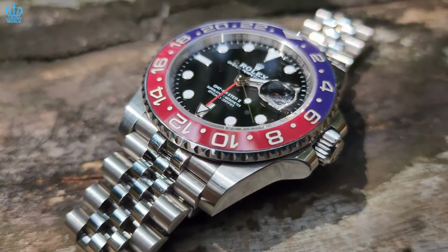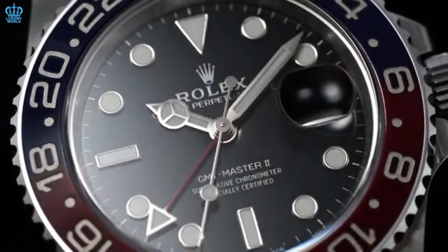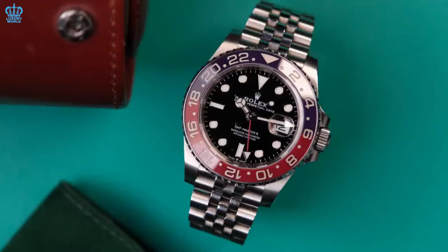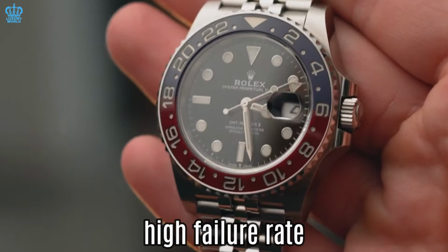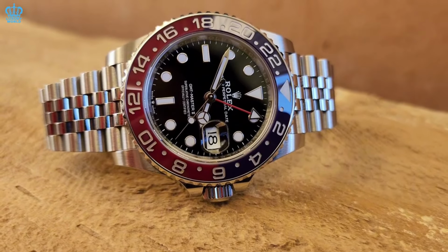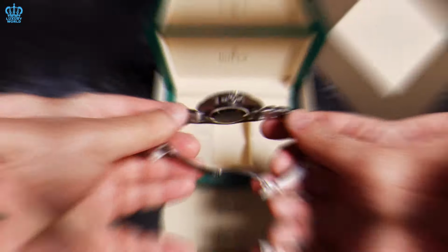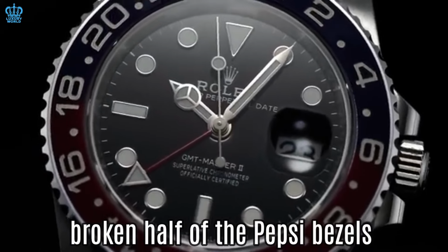However, the issue at hand might not solely be about production efficiency. It could also involve logistical and customer care considerations. Evidence suggests that many Pepsi bezels are prone to breaking during servicing, with reports indicating a high failure rate. Several watchmakers and service providers claim that approximately 9 out of 10 Pepsi bezels break during servicing attempts. Additionally, individuals strongly associated with authorized dealers have mentioned instances where Rolex themselves have reportedly broken half of the Pepsi